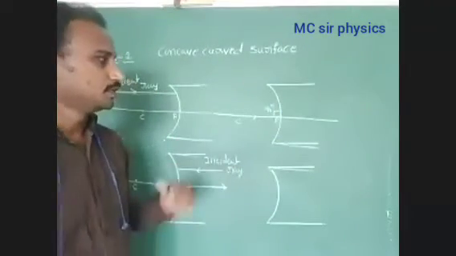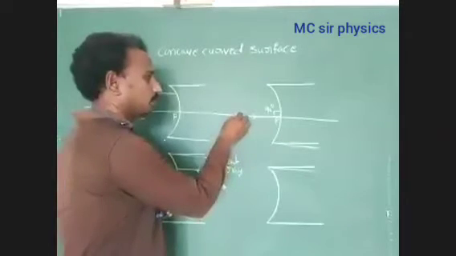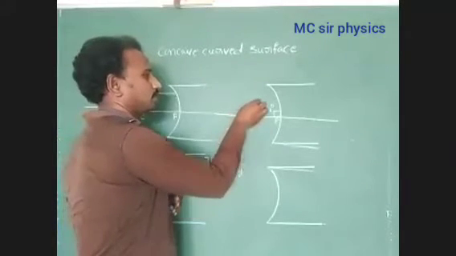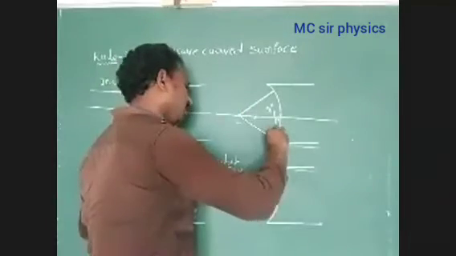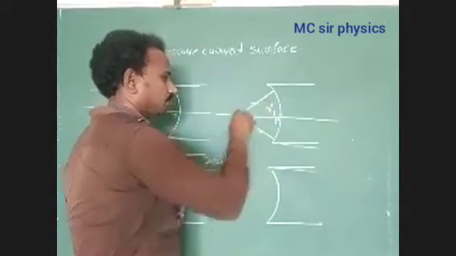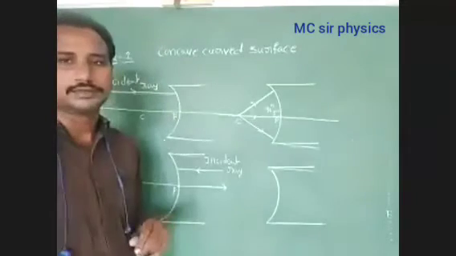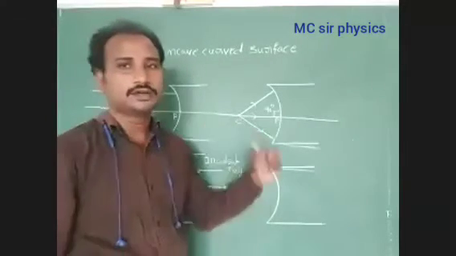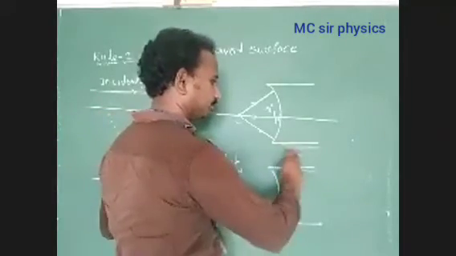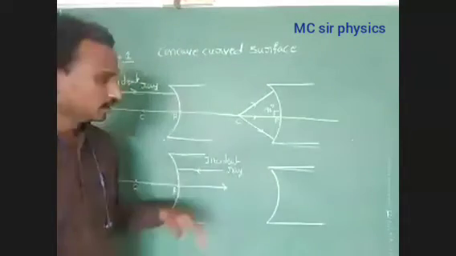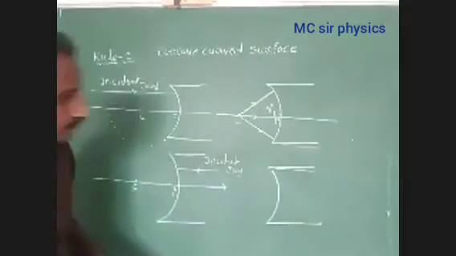Okay, students, just identify this point. We have to represent rays from the center of curvature. Here, another two incident rays we represent from the center of curvature. What is the direction of the refracted ray in the denser optical medium? You have to represent it. Next, we have to identify this condition.